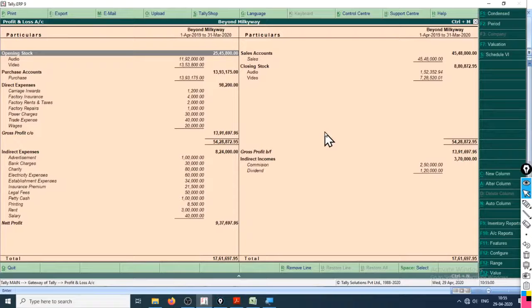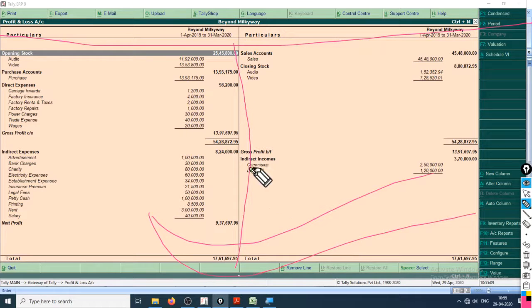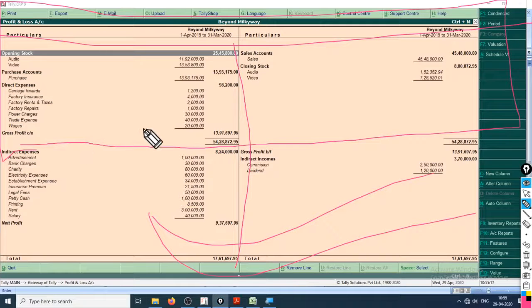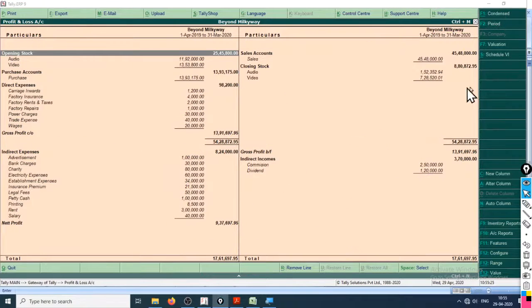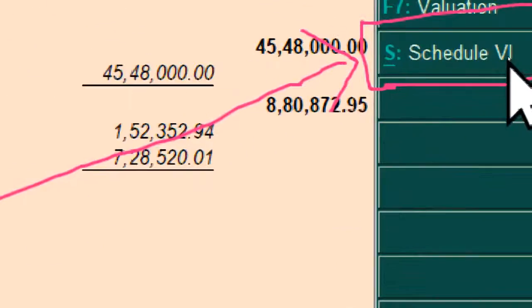Now also you don't have to worry about why you should learn this format, because this format is not as per the reporting standard, hence a waste of time. But no, this is the blueprint, that is how a reporting format is created, and this is a must format. Also, if you want to see the reporting format, I'll show you. Go to Alt S or click on schedule 6. As soon as you click on schedule 6, you will see the magic for yourself. Schedule 6 right here.